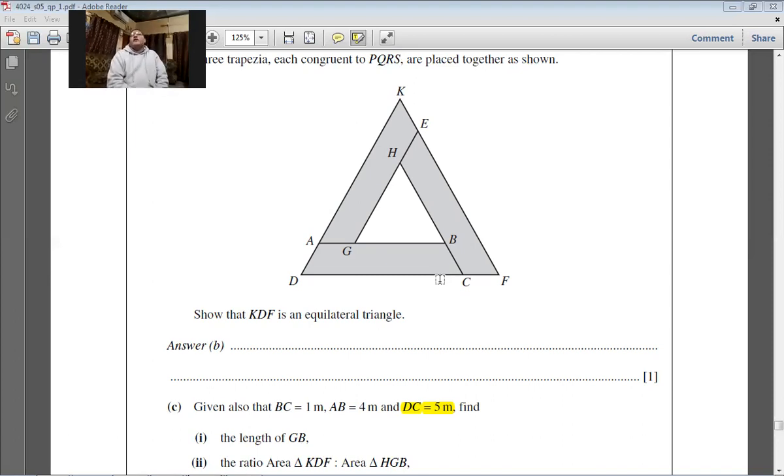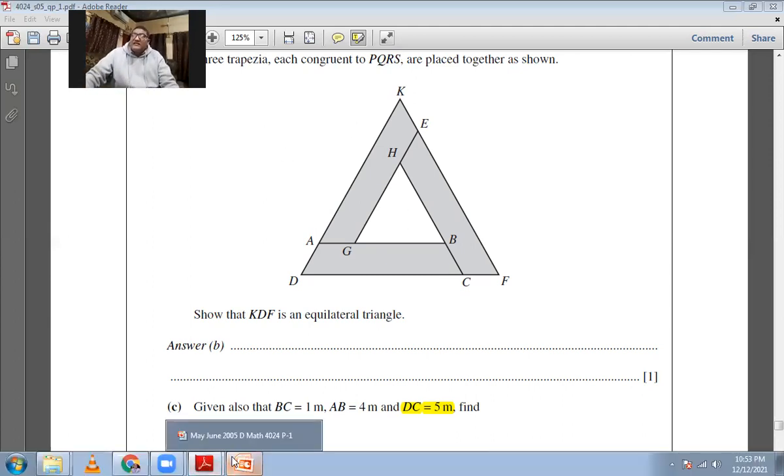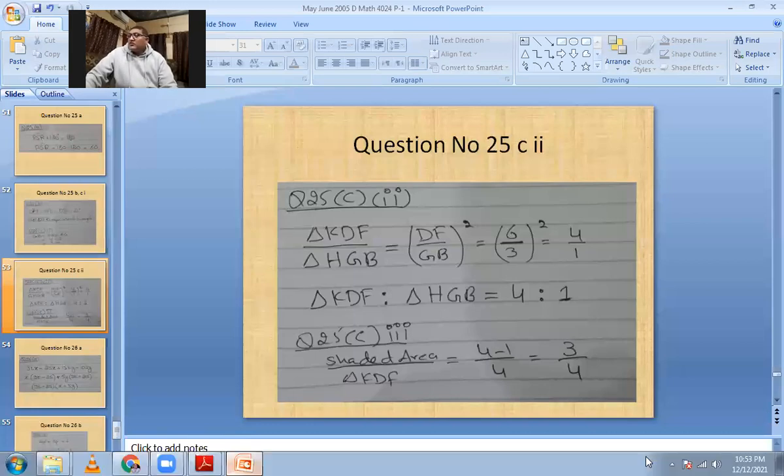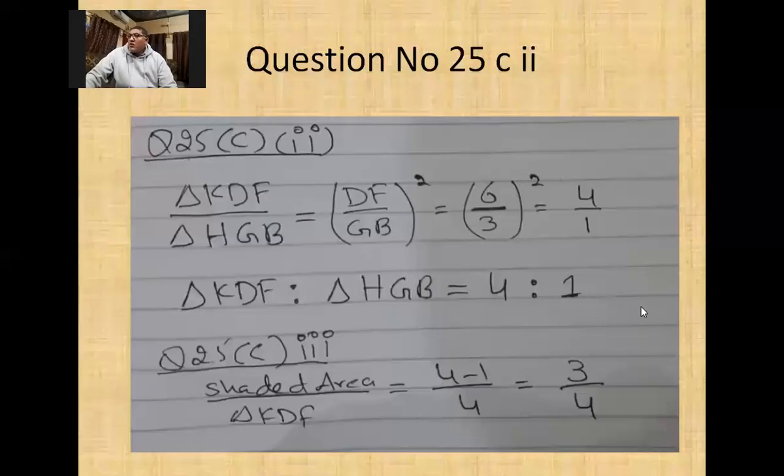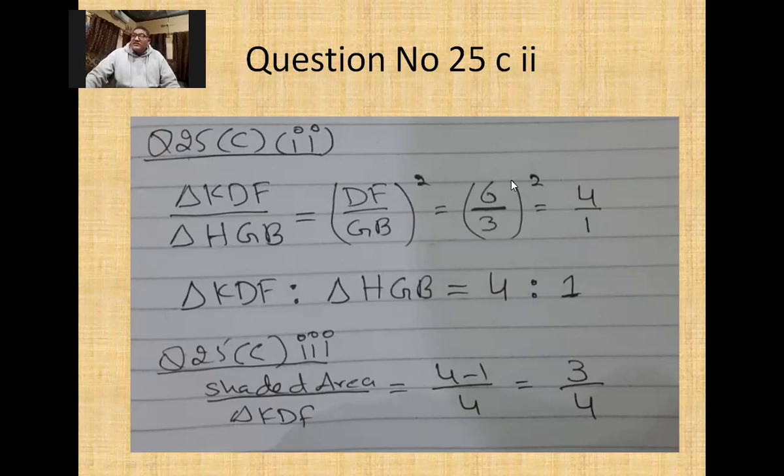You remember, area 1 by area 2 is equal to L1 by L2 whole square. Let me show you mine. The triangle KDF by triangle AGB will be equal to DF by GB, these are the sides, squared, equals 6 by 3. 3 ones are 3, 3 twos are 6, so 2 squared will be 4, 1 squared will be 1. So the ratio between them will be